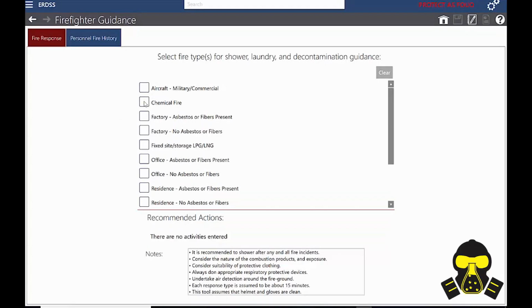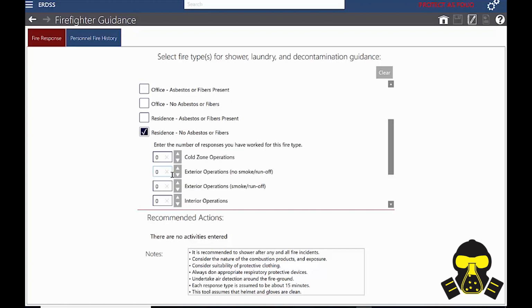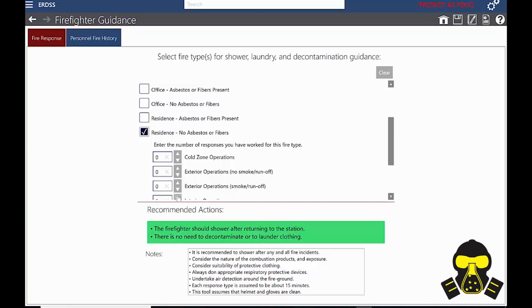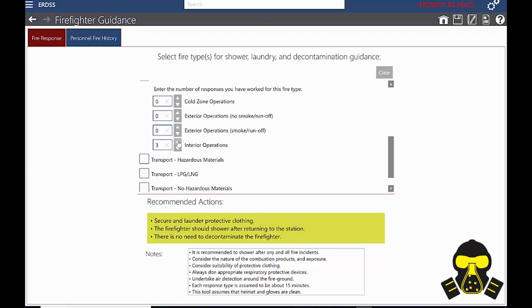Now I could also go in and say, let's say it's just a regular room and contents burn. I'm not going to go the asbestos route, but let's say no asbestos and fibers, because you know what's going to happen with the asbestos. Now we say we had one interior operation. Let's say it was a prolonged burn. Let's say it was a basement fire and we're trying to do multiple levels. By the third time you do an exchange of your cylinder,